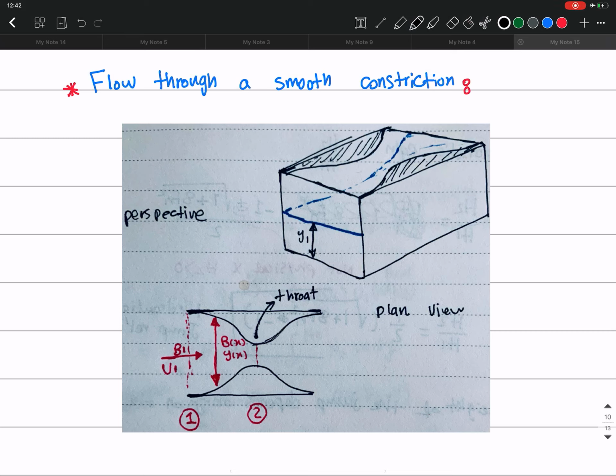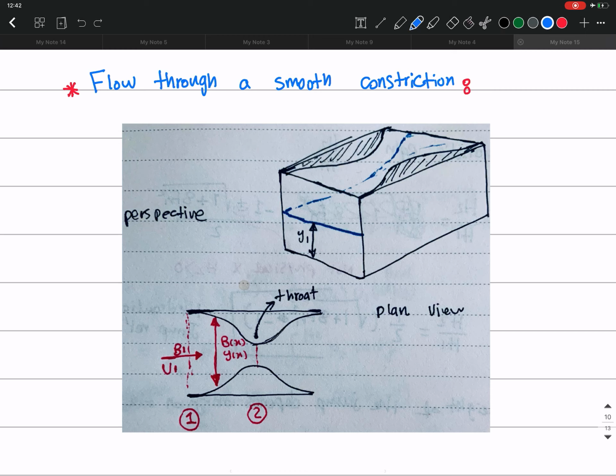Okay, hello again. In this session, I want to study and discuss the flow transition over smooth constriction. Imagine we have this constriction here. This is a 3D view of that. And then we have water. So we have this constriction where the channel contracts here in the middle,